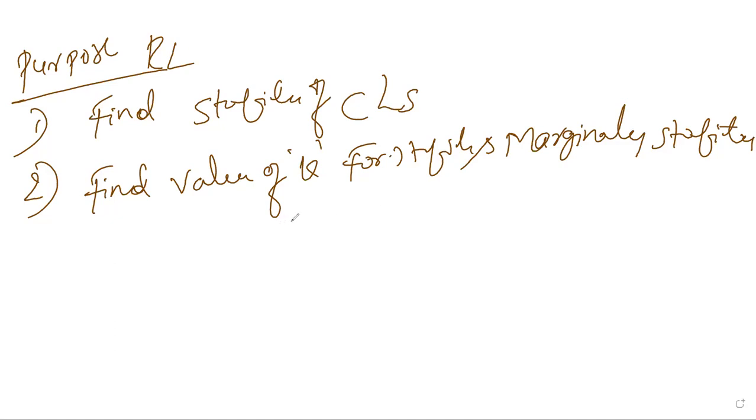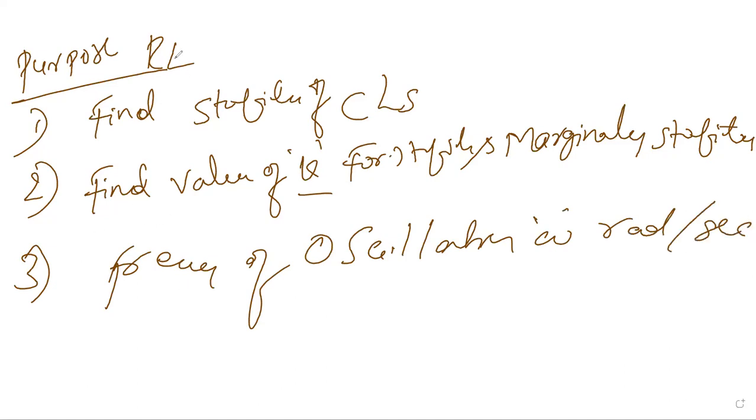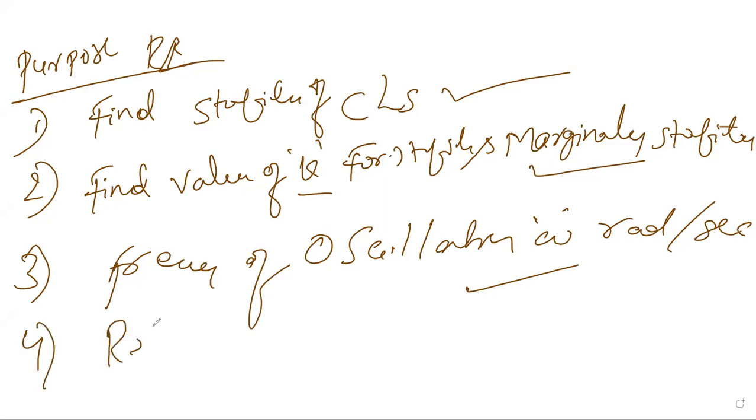From knowing the exact value of K for marginal stability, we find the frequency of oscillations, omega in radians per second. This is also one of the purposes of root locus. First one, finding the stability of the closed loop system. Second purpose, finding the range of K for stability and marginal stability. Third, finding the frequency of oscillations in radians per second. And one more important one is for finding